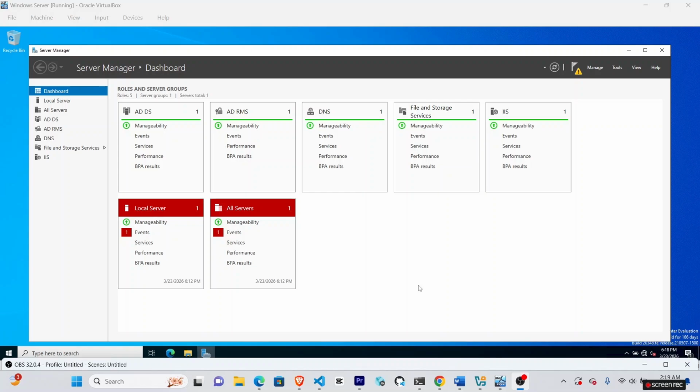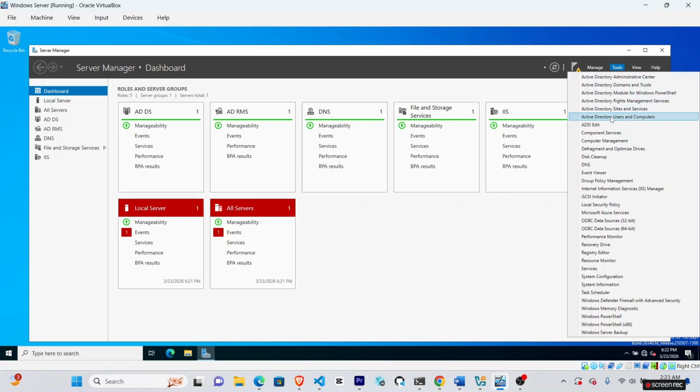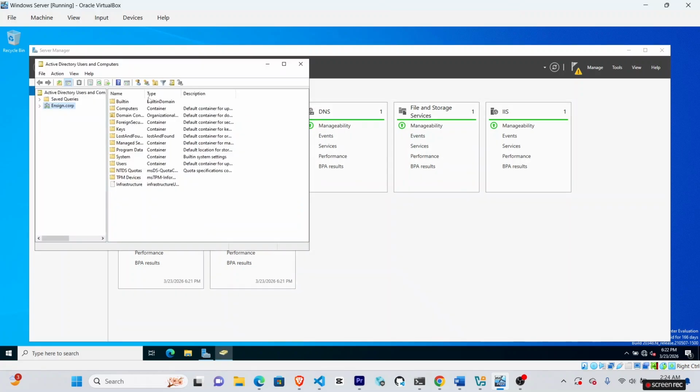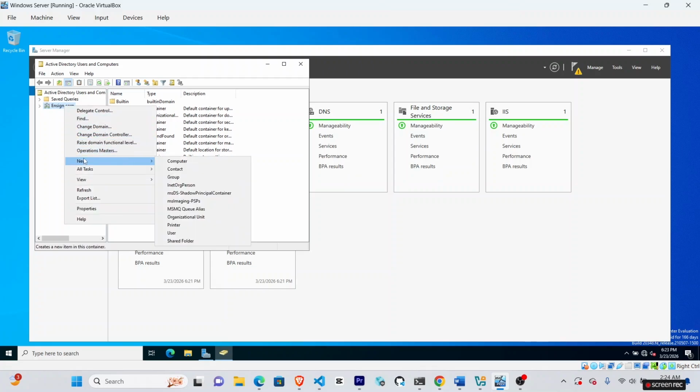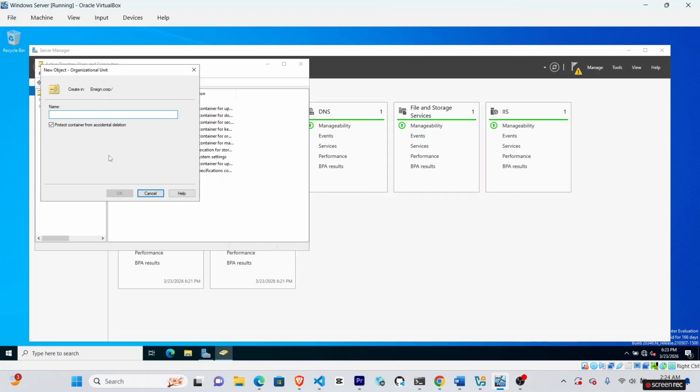First and foremost, you click on Tools. I click on Tools, then Active Directory Users and Computers. Wait for it to come up. You can see my domain name is Zycorp. I right click on it and then come to New, then Organizational Unit. So I'm meant to create